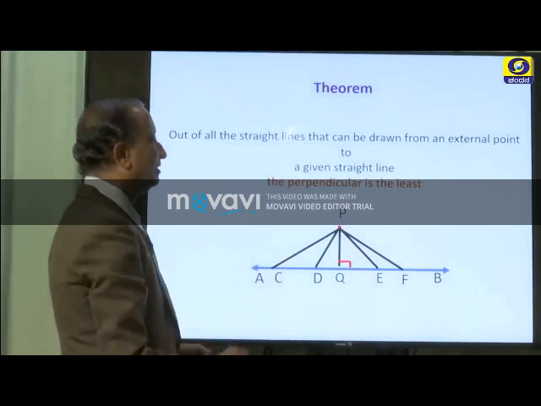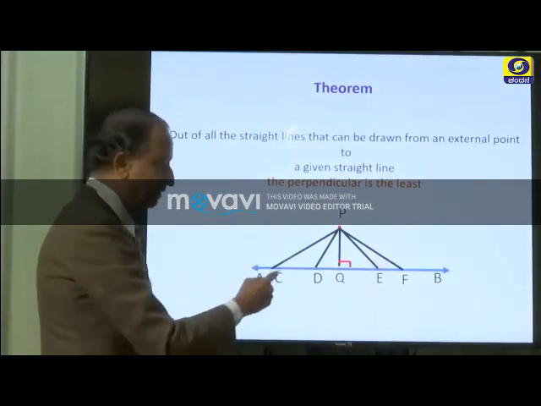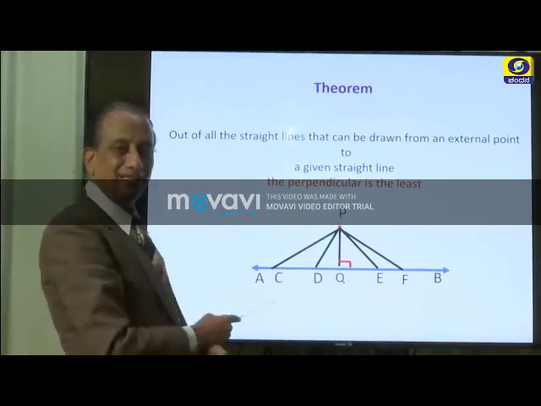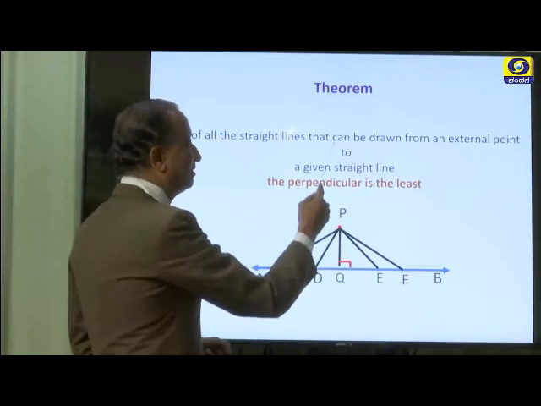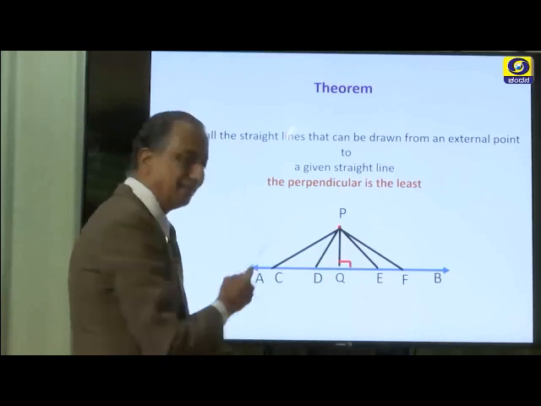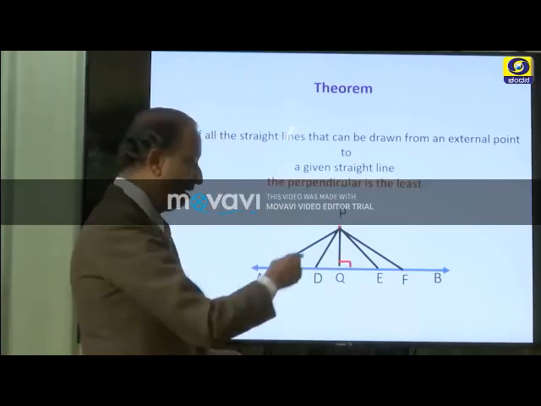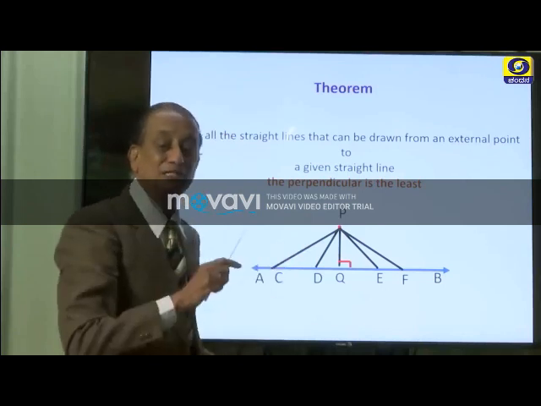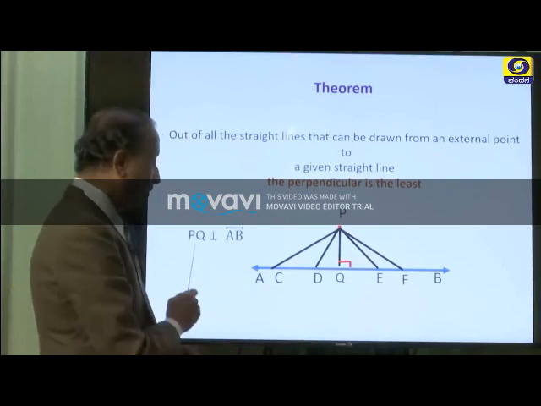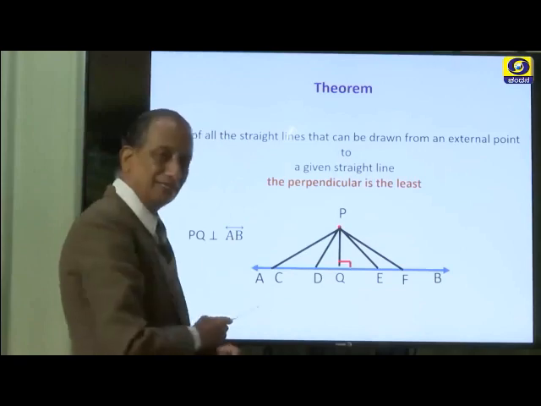Now, the theorem states that out of all these lines that we can draw from this point P to the straight line, which one is the least distance? Among these there will be only one line segment which will be perpendicular to AB from P, and that perpendicular is the shortest distance, the minimum distance. So, PQ is perpendicular to AB. Children, you know that this is a symbol for